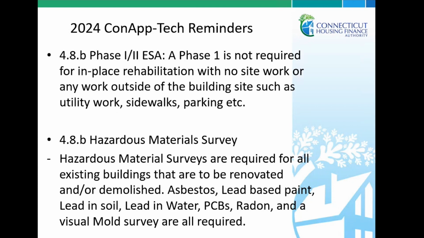Again, just another reminder, the phase 1 is not required if you're only doing an in-place renovation or rehabilitation and you're not considering any site work, you're not doing any work outside of the building envelope, such as utility work, sidewalks, or parking. But remember that a hazardous materials survey is required for all existing buildings that are